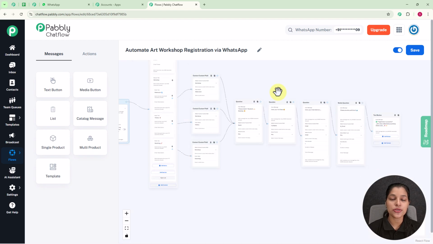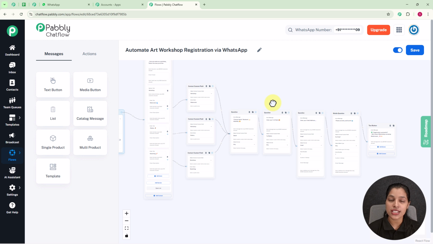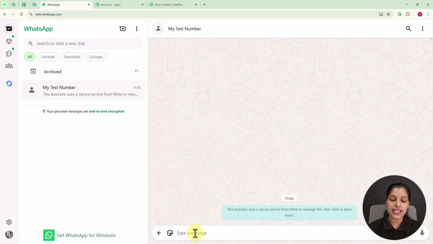So now I am going to show you how you can create this amazing WhatsApp chatbot by just using Pabbly Chatflow. But before that I am going to show you the real working of this automation or this chatbot. So now let's move on to my WhatsApp. Here you can see I have already opened my WhatsApp, and now I am going to send a message to the number which I have already connected to my Pabbly Chatflow account, and here this number is saved as my test number. So here I am going to enter a message, that is, I need to register for workshop,